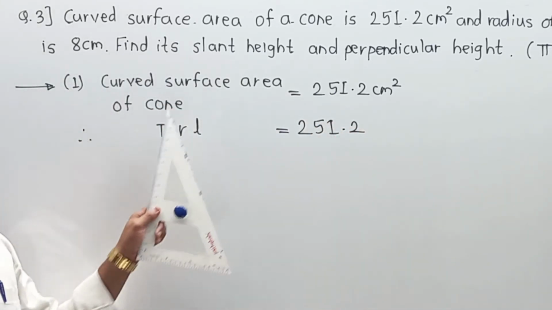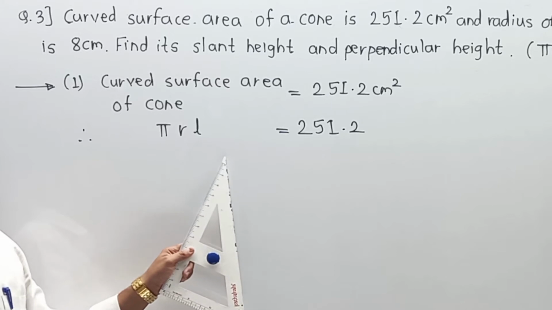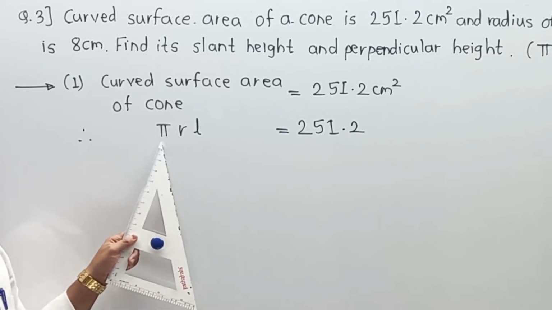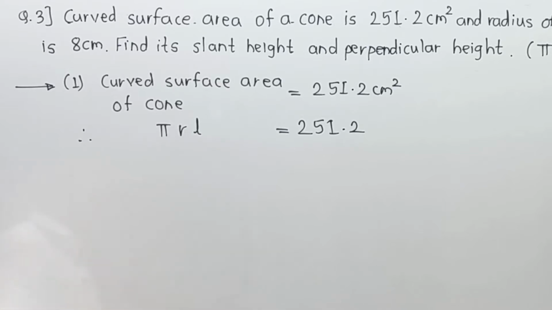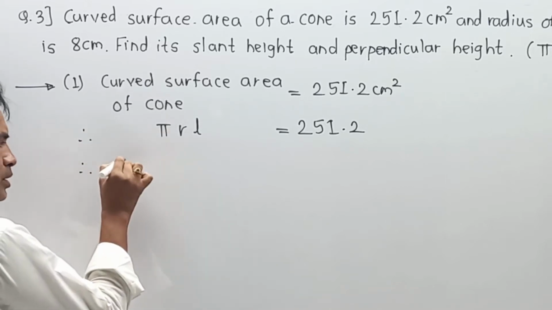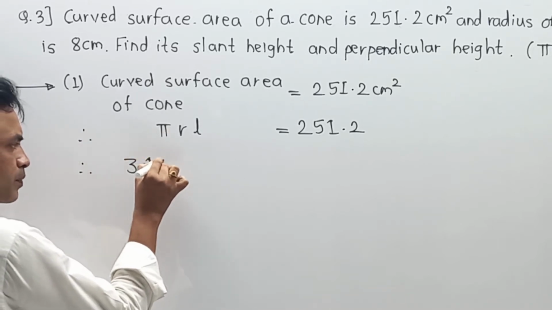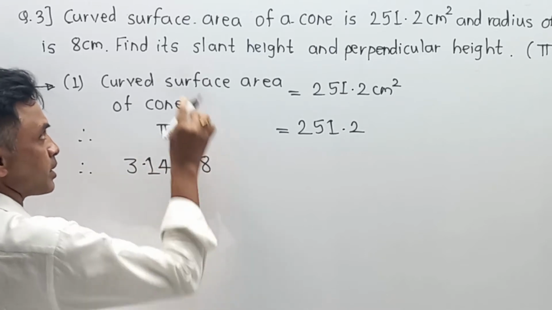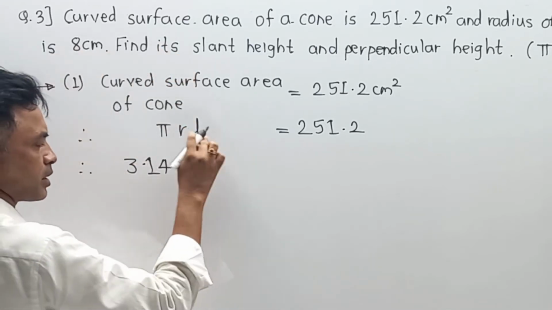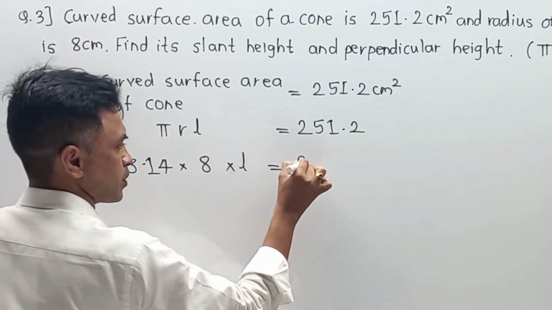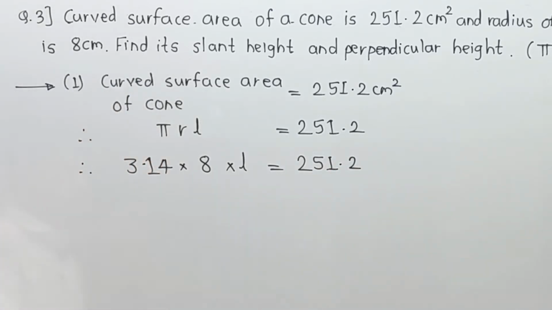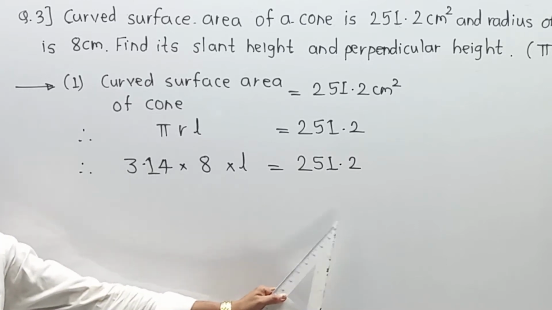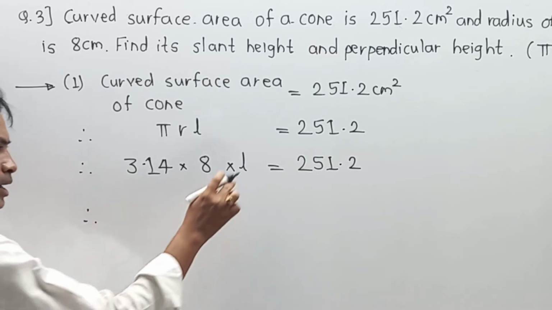Now we know curved surface area formula, that is pi into radius into slant height. We know the value of pi because they have given it as 3.14. We know the radius, that is 8, and we have to calculate L, and that is only the part for calculation. So the part is pi means 3.14 into radius r is 8, that they have given over here as 8 centimeter, into L is equal to 251.2. This will be the first step for our calculation. Now naturally, if you want to find the value of L, this 3.14 into 8 goes to that side as a divided by. So your part is L is equal to